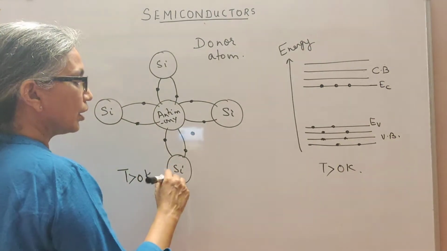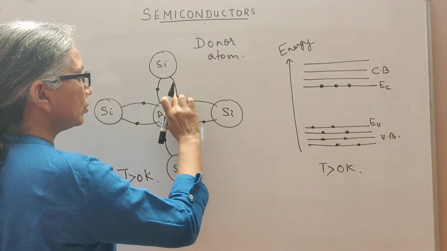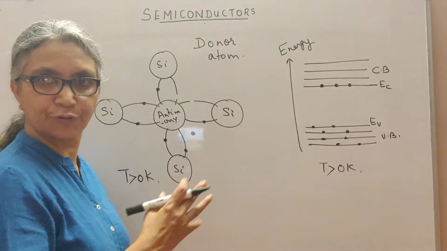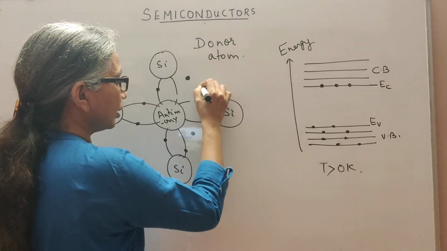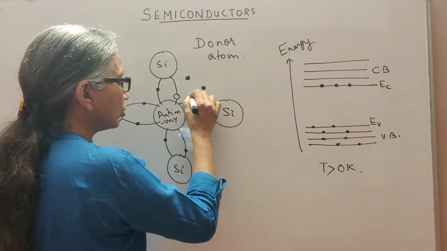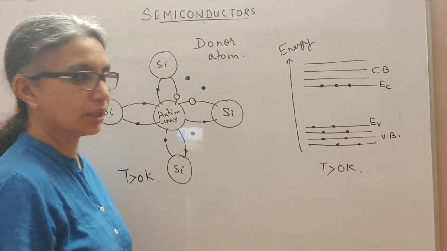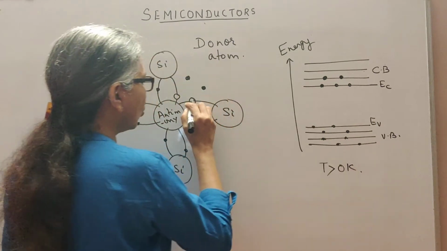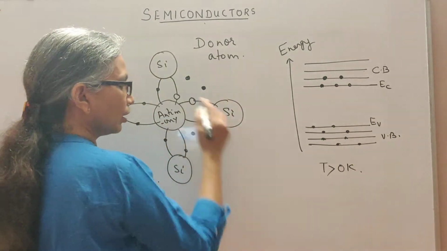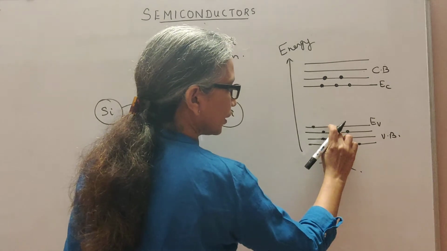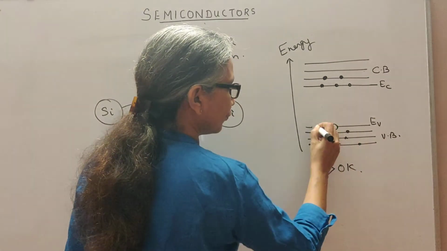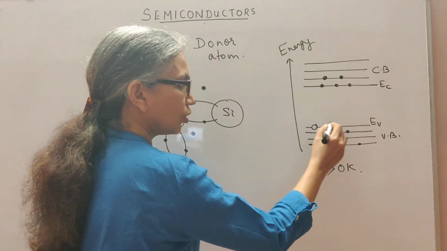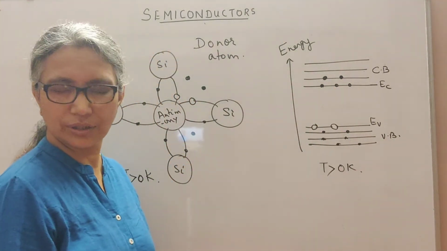When you increase the temperature, let us say 2 of them got enough energy to break free. So we got 2 free electrons and created 2 holes, vacancies of electrons. These 2 free electrons will appear in the conduction band, but the holes, the vacancies in the bonding, will appear in the valence band. These two electrons have moved up into the conduction band above the energy gap, and these two holes now appear in the valence band.